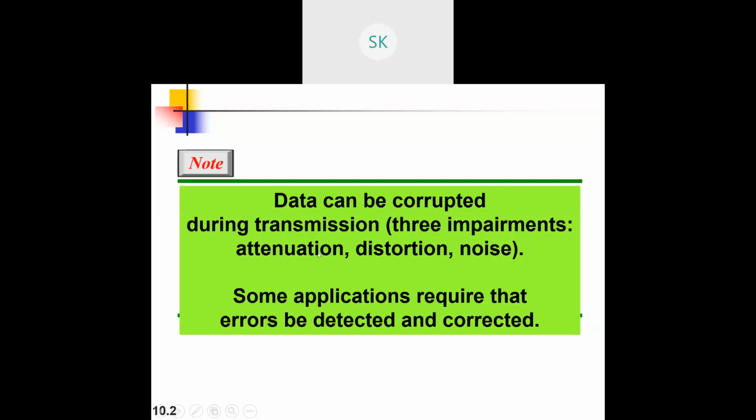That is attenuation, some change in the modulation, or distortion, or disturbance, or you can add some unwanted signals to the actual data and transmit it. So it can be corrupted. If it is corrupted, you need to detect whether the data that has been sent is the actual data, how it was sent, or whether any changes have been made to it. That is what you call detection.